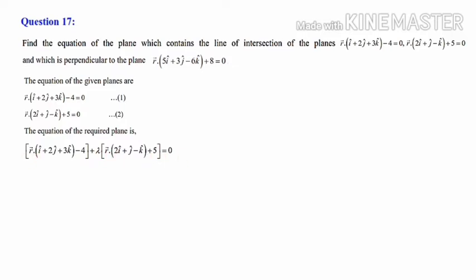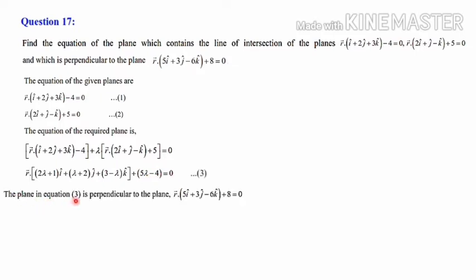As before, let's take out vector r here. Vector r if you take out, here it is i cap and here it is 2 lambda into i cap. So i cap if you take out, (2 lambda plus 1) into i cap. Along with j cap, here it is 2, and here it is lambda, so (lambda plus 2) into j cap. Here along with k cap there is 3, and here it is minus lambda, so (3 minus lambda) into k cap, plus here there is minus 4, and here there is 5 lambda. So 5 lambda minus 4 equal to 0. Label it as equation number 3.